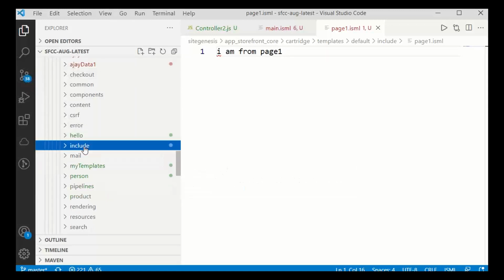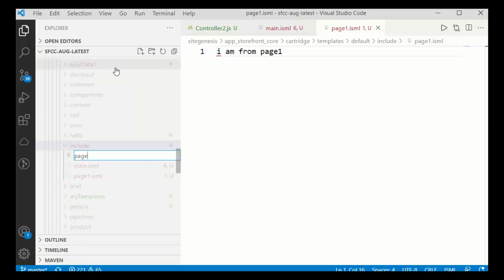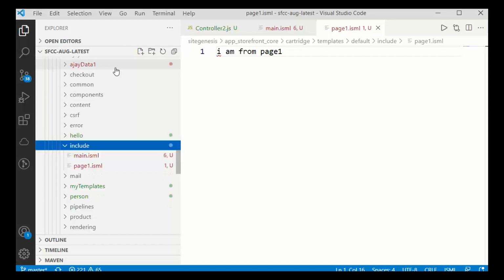Similarly, right click on include, new file, page2.isml.